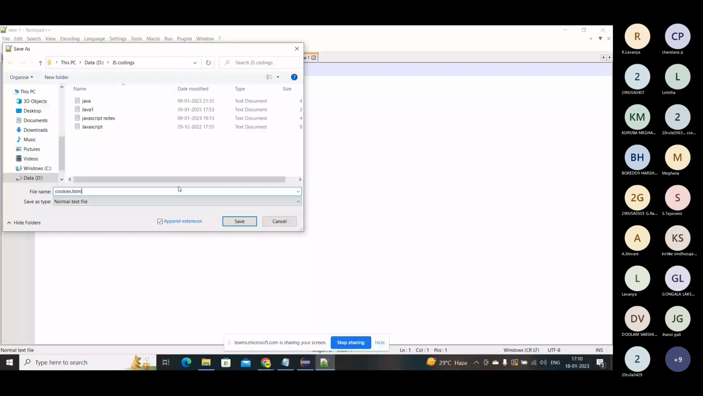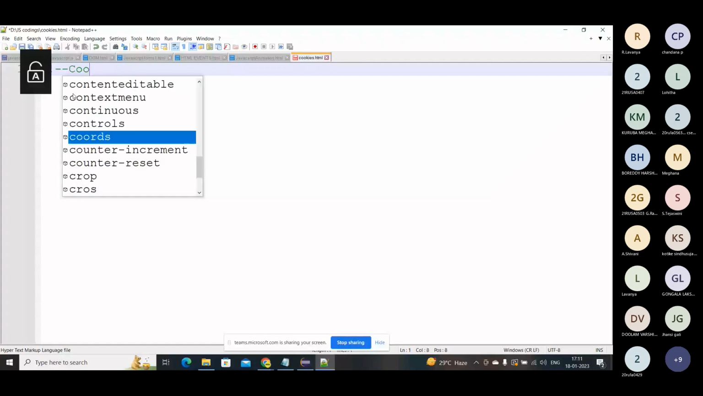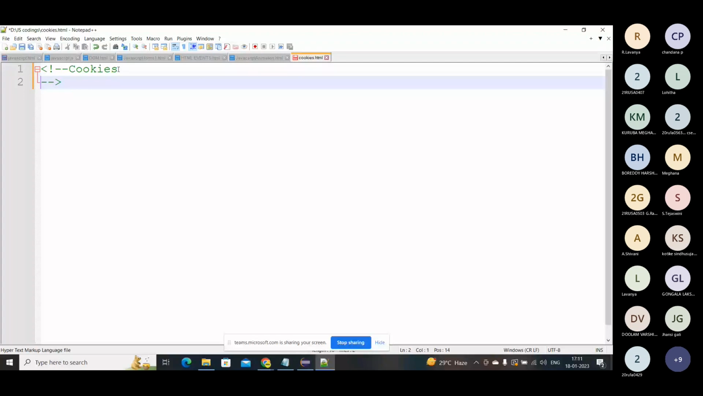I'm saving it as cookies.html. So how are we going to get the value? That is mentioned in the cookies, and how to set the value and how to get the output. I can see some cookies information. First I'll tell you what it is. First we understand what a cookie is, and why we are going to use it. Actually, cookies are used to